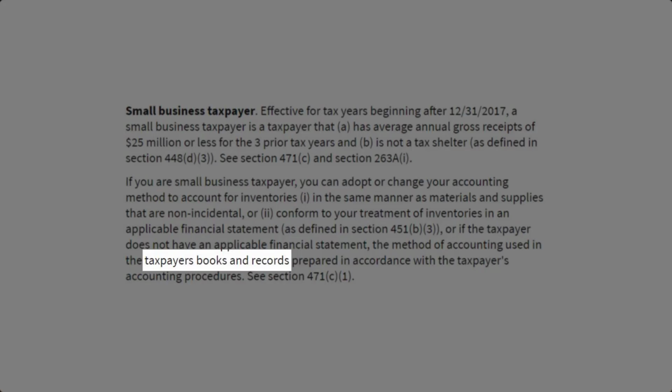What did books and records actually mean? What if the client's accounting procedures were totally haphazard or inaccurate? Does that mean they could use that treatment on their tax return too? I spent a lot of time trying to educate myself and others on how resellers and small business owners should